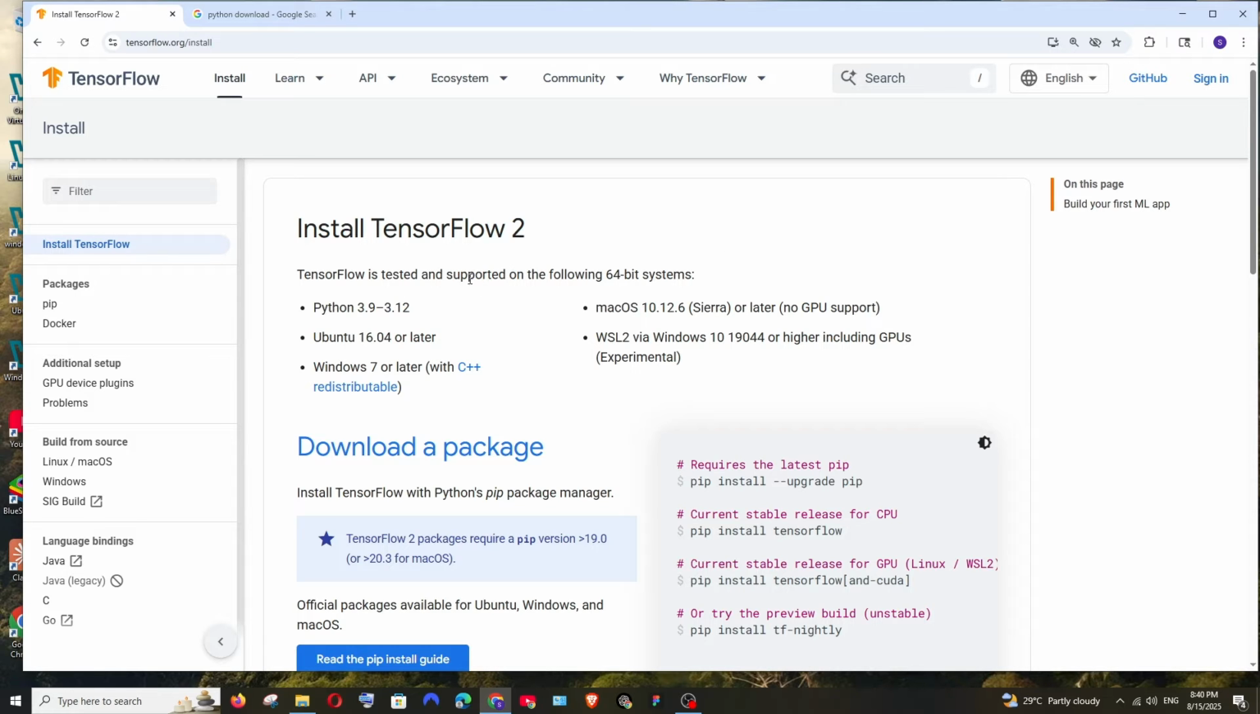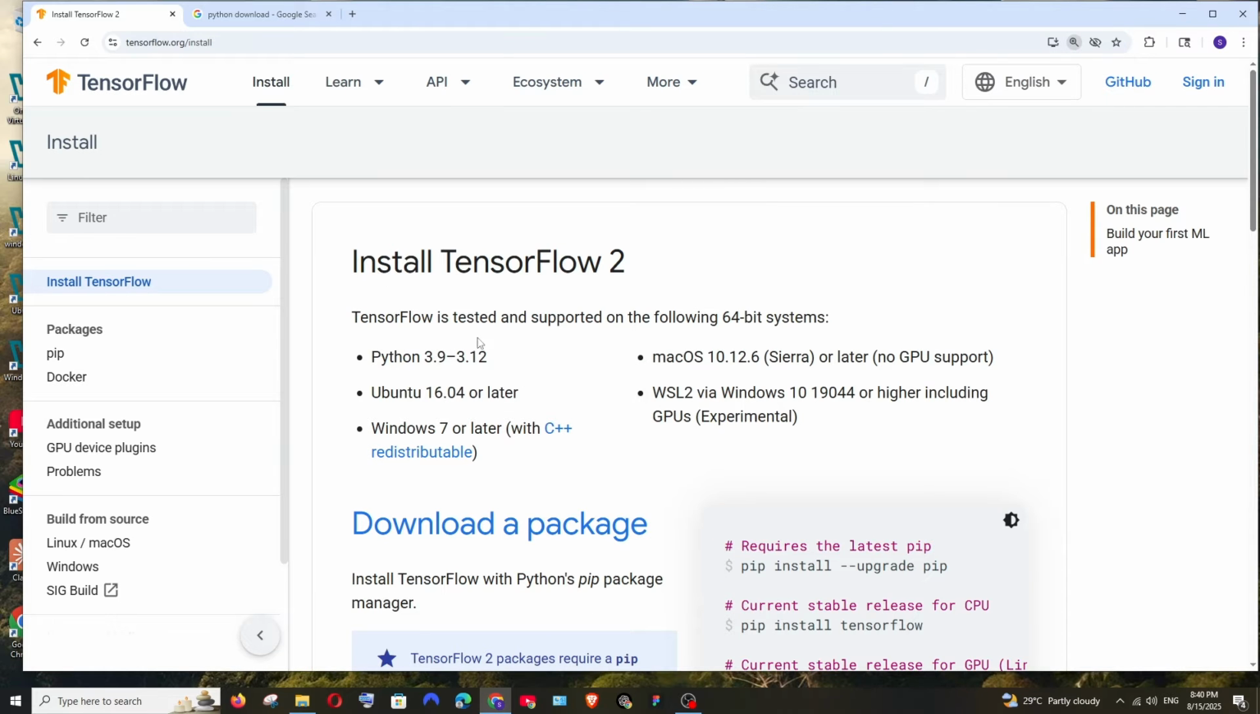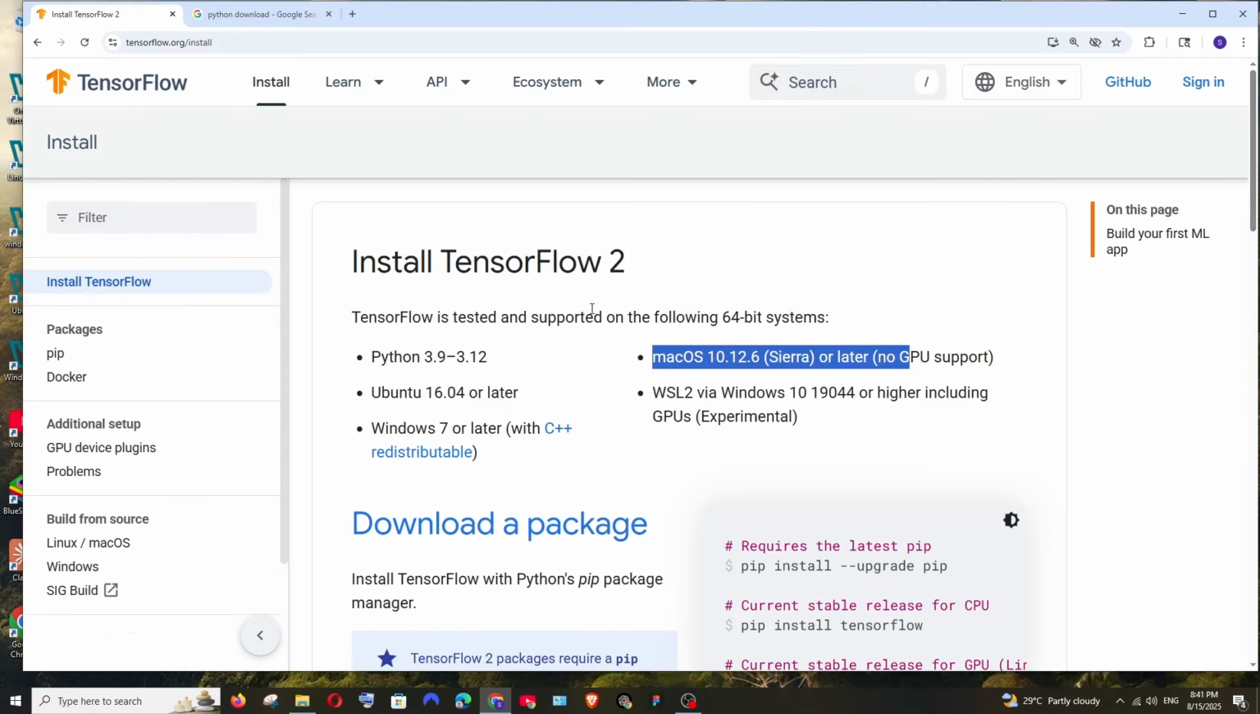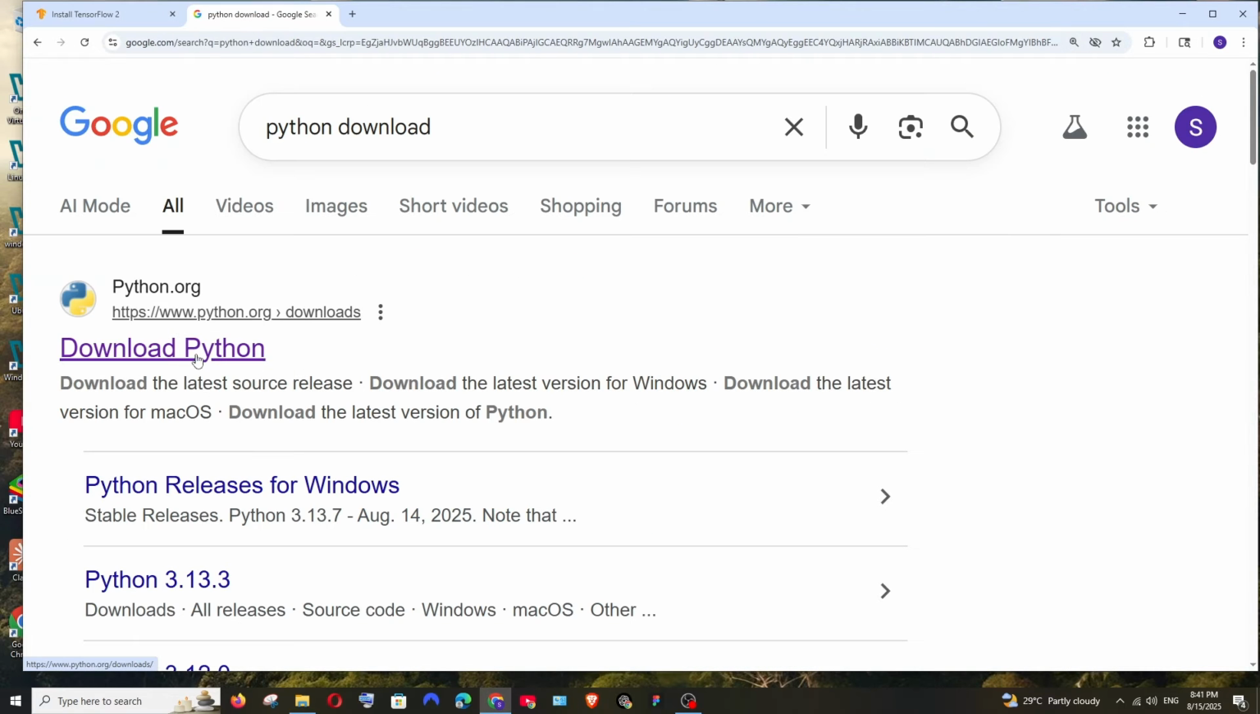As it clearly says here, it is tested and supported on the following 64-bit systems. So we must have Python with version 3.9 to 3.12, Ubuntu 16.04 in case we want that, and it supports Windows 7 and later, and this is the macOS that it requires. So first thing is we must have Python installed on our system, and this is the version that they have given. So just Google download Python and click it,